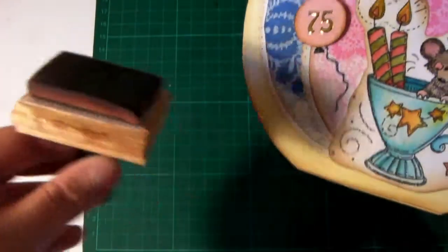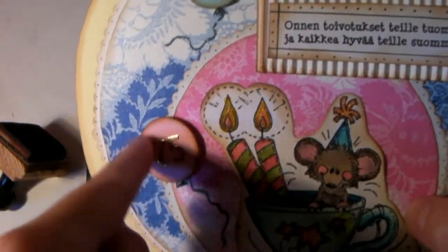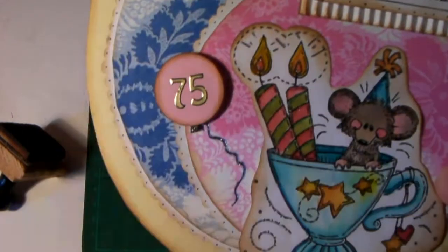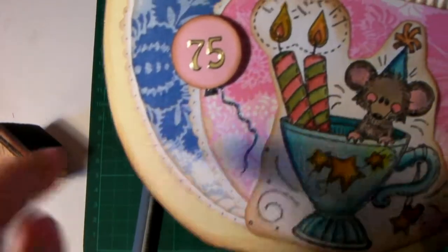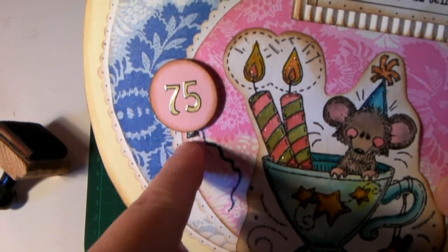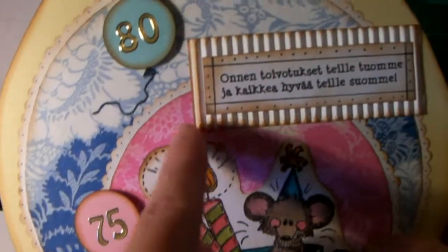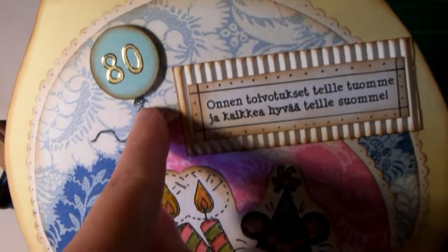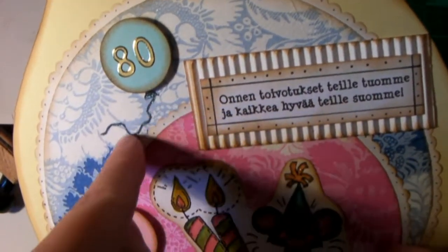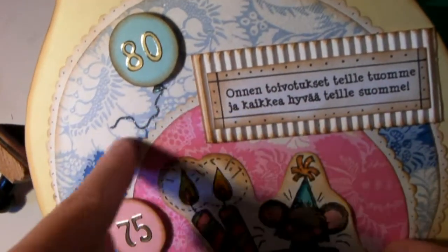Again, I took the tea dye and went around the circle, and with a black gel pen I drew a little mini triangle underneath it, and then I drew a line, so it's supposed to be like a balloon. And the same thing here, a little triangle and a bow or a ribbon or something, a string that comes